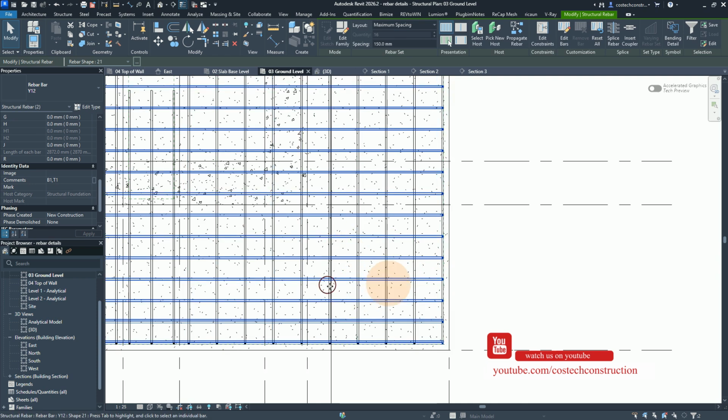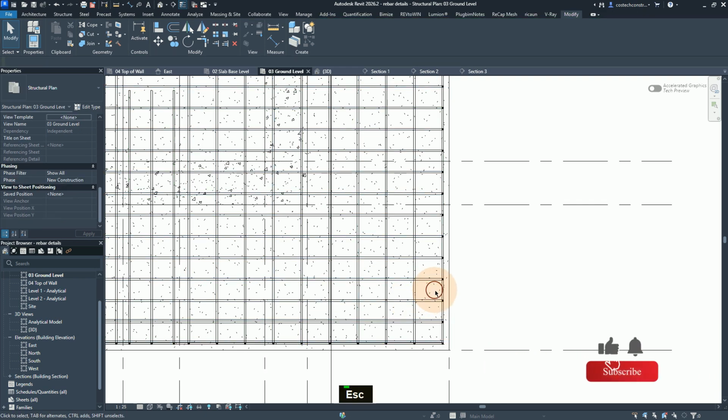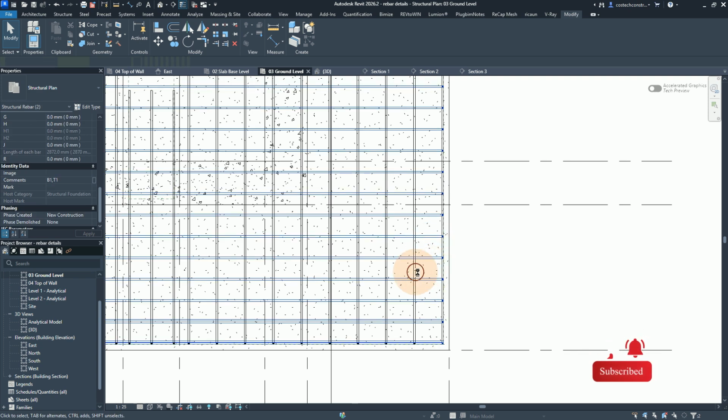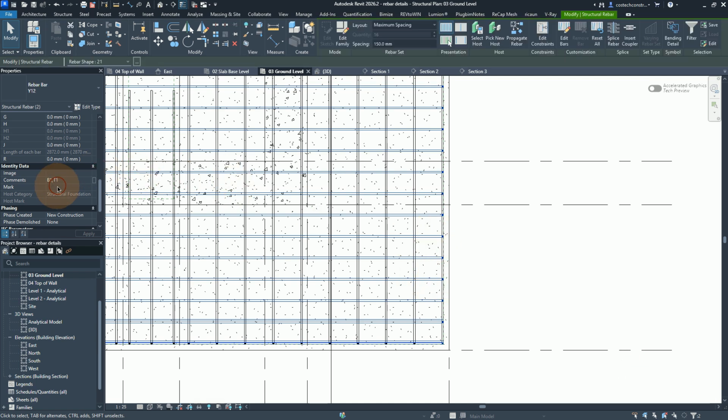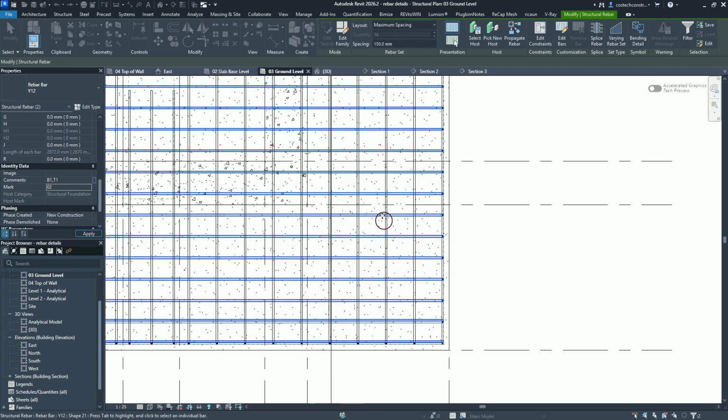And just like this, we have completed detailing this slab as provided by the PDF drawing. So I'll highlight and select the mirrored sets, and then I'll go to the mark and I'll give it a mark of 02. Now we can hit apply. Then I'll press OK. Now if you go to the 3D view,